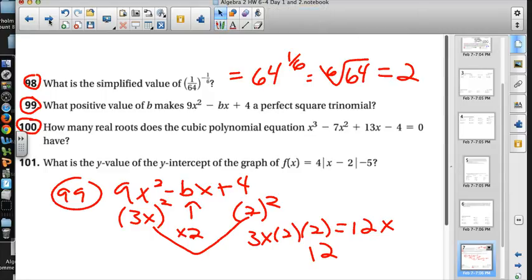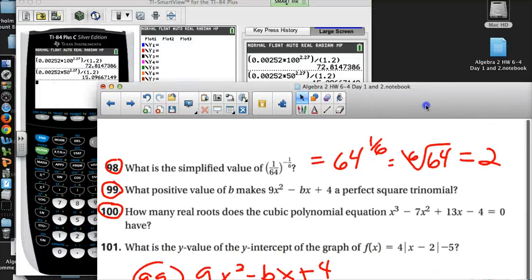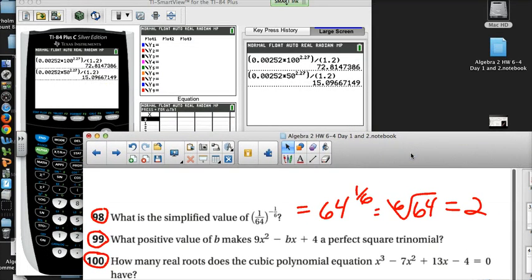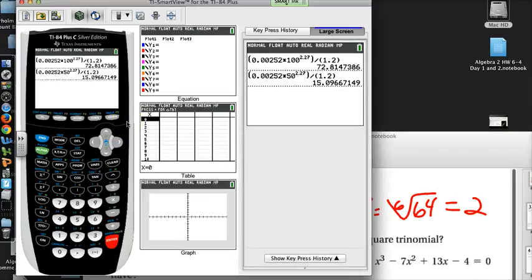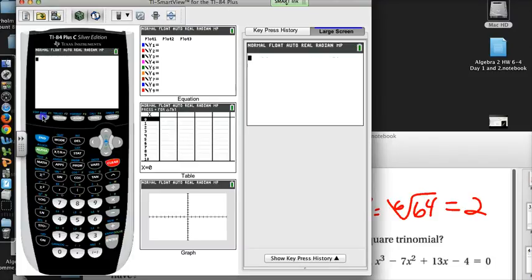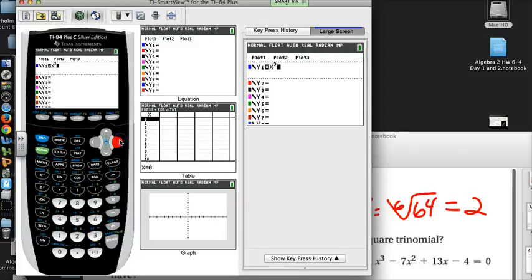Number 11 says how many real roots does that little cubic have, and the easiest way to figure that out is to go ahead and punch it in and graph it and see, how many times does it cross. So back to the calculator here, and now into y equals, and I need x to the third, and I have to arrow over once to get it back down from the exponent. So x to the third minus